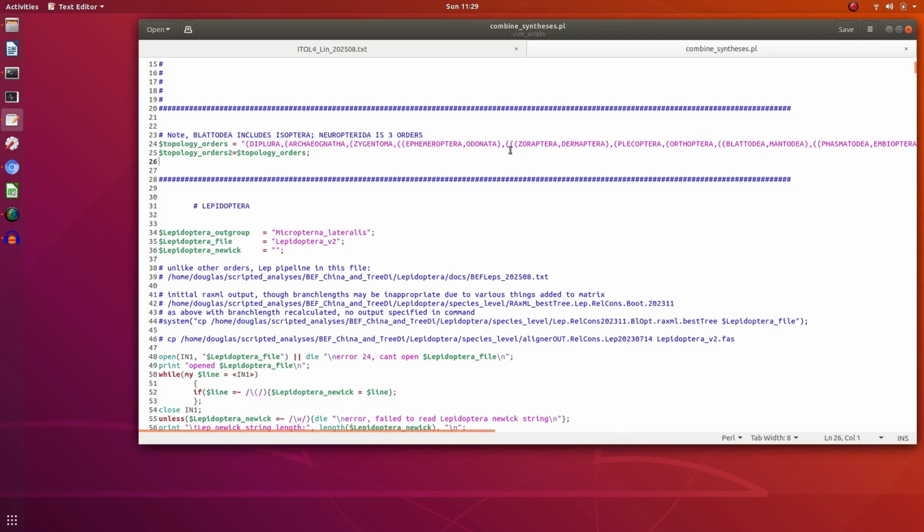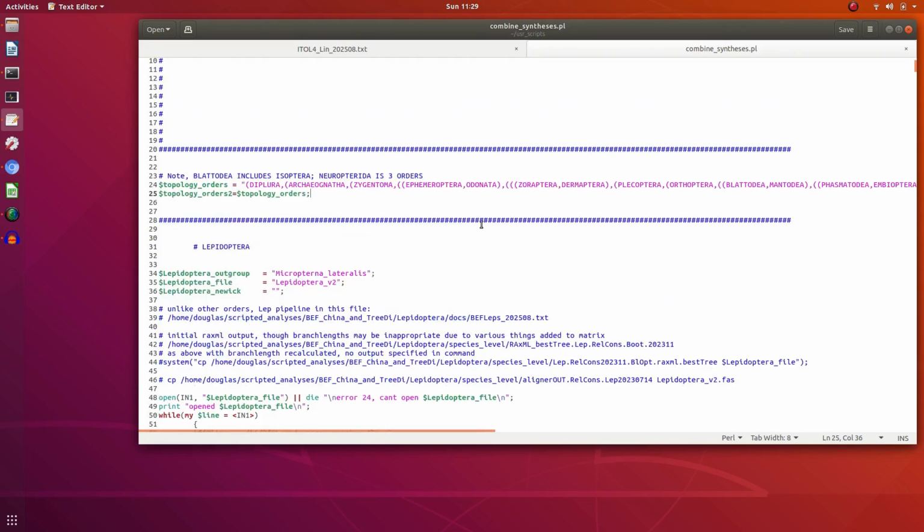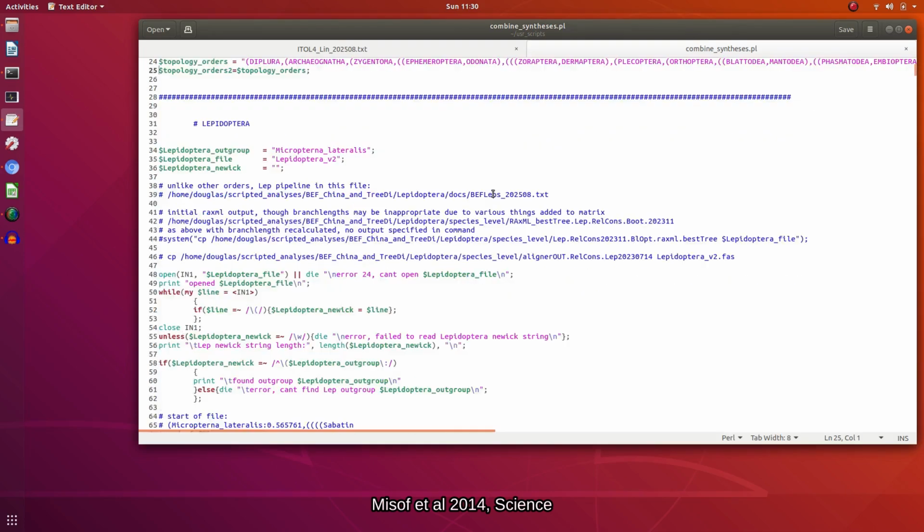To compile this required, so here's the relationships between the orders. It says insects have about 29 or 30. Neopterida is actually three orders, and there's one order called Isoptera, which is included in Blattodea. That said, and a single outgroup. But here's the relationships between the orders according to Misof et al. So for each of these, it requires